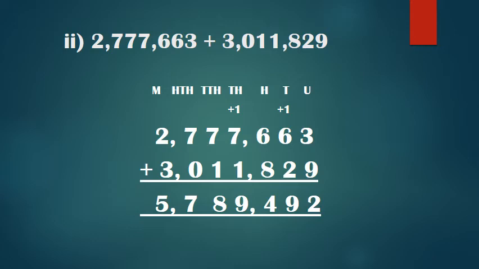So here is another example, number 2, that is 2,777,663 plus 3,011,829. Students, we always add numbers from the units place. If we add 2 digits